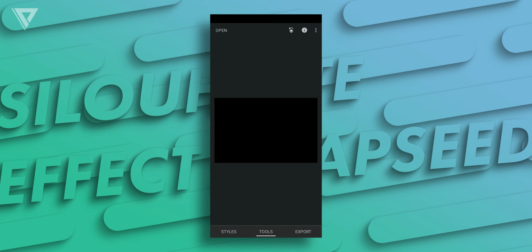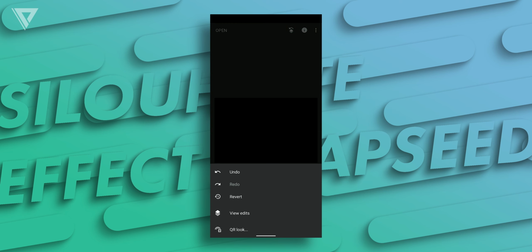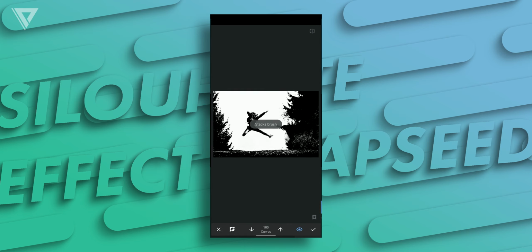We are supposed to apply the blacks only to the foreground, right? What should we do? You heard it right, mask. Go to edit stack, view edits. Click on mask to remove the blacks from the unwanted areas.